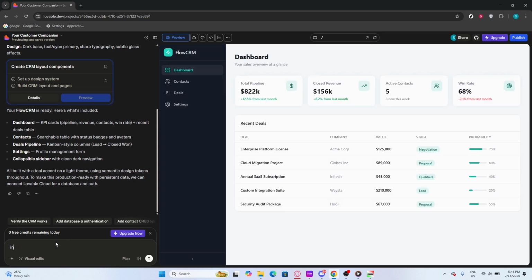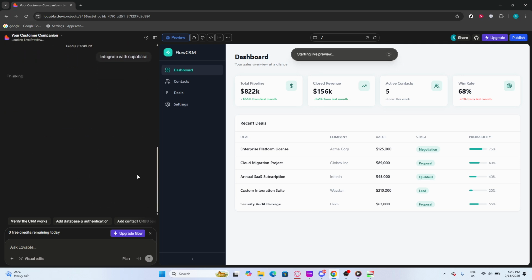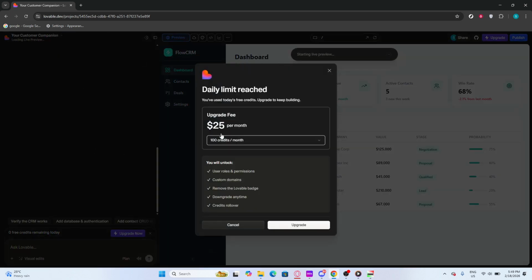After selecting the project, click on the AI chat box or prompt option related to your project. This action will take you to the specific settings or features associated with that project. Next, type in "Integrate with Supabase" into the designated input area. Ensure that you enter the phrase accurately to prompt the necessary actions related to the integration. Finally, click on Enter to execute the command you just typed. After a brief moment, the system should process your input,